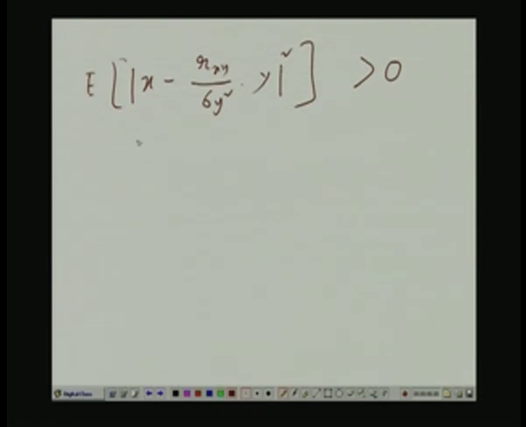Now, E of mod square of this means E of this quantity multiplied by its conjugate, that is x minus this constant times y, times within bracket x minus again the constant times y, but conjugate. Now, if you really do that exercise, it is very simple to see that the first term will be E of mod x square, then there will be one term involving the cross term. That is this quantity r x y, or maybe, sorry, if you do not feel comfortable,